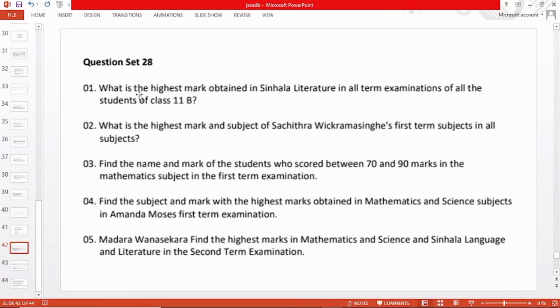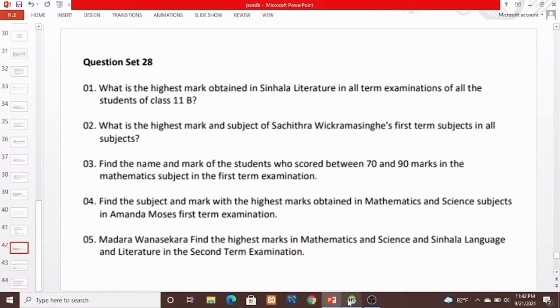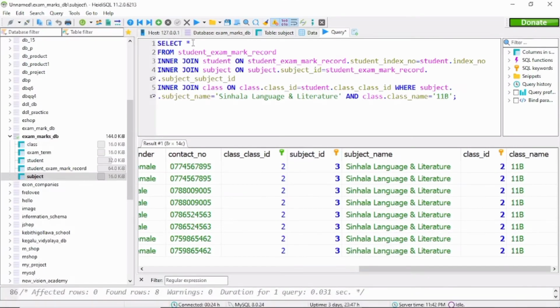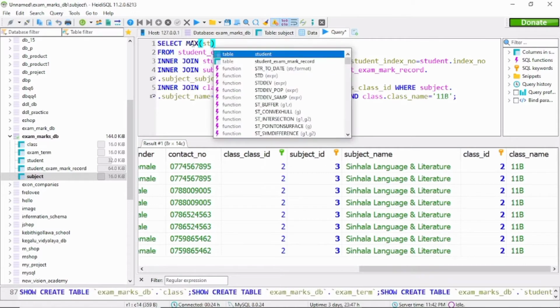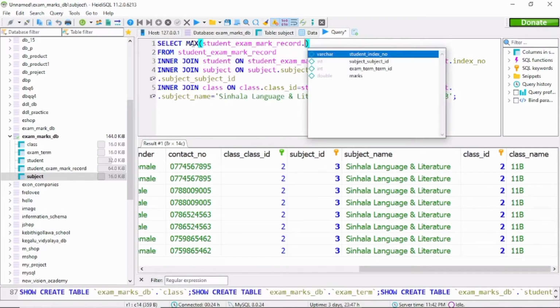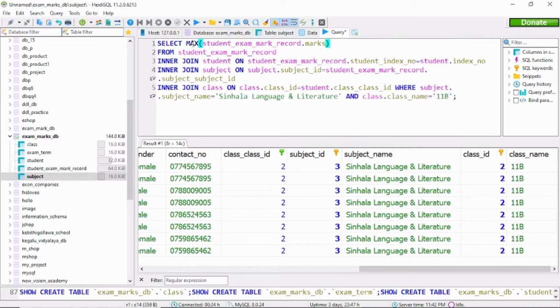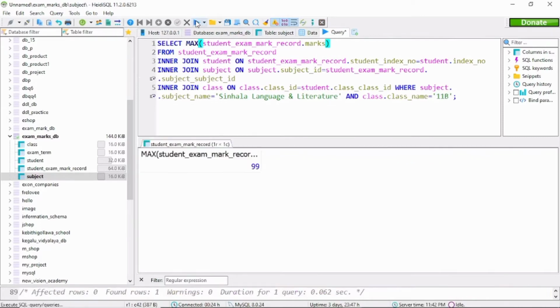So here in this question it says that we have to find out the highest mark obtained in Sinhala literature in all term examinations for students in class 11B. Okay, so I'm going to find the highest mark. So I'm going to replace the asterisk mark with the max function. I'm giving the column name it should take the maximum value from. It's from the student exam mark record table, and marks is the column. So I'm executing it. It says that this is the maximum mark from the student exam mark record table